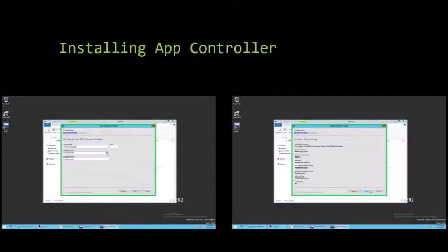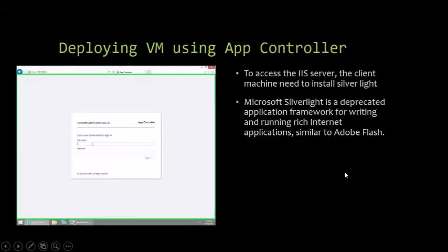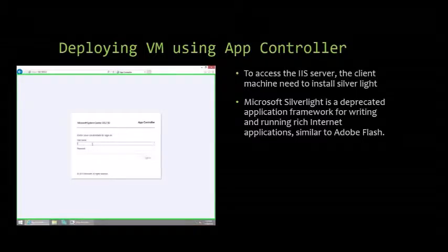Then we choose our SQL server we're using, then confirm, and after it's installed, you can now access the VMM we use through Internet Explorer. We just have to put the IP address of the VMM server,